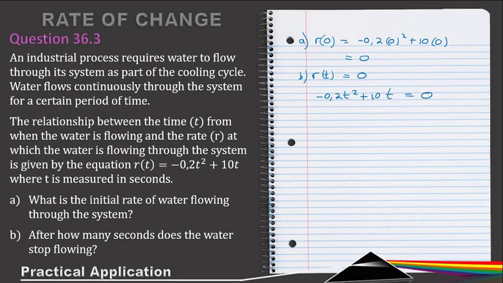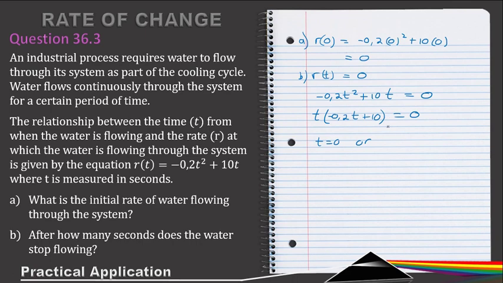And then solving for this, we factorize. If I factor out t, then I'm left with minus 0,2 t plus 10 equals 0. So t is equal to 0, or